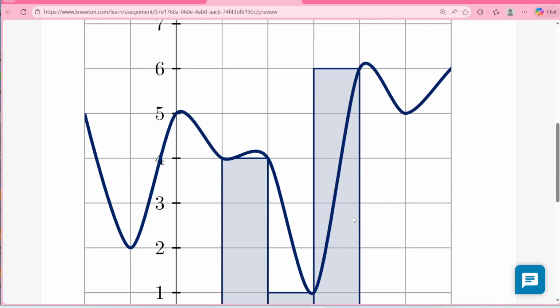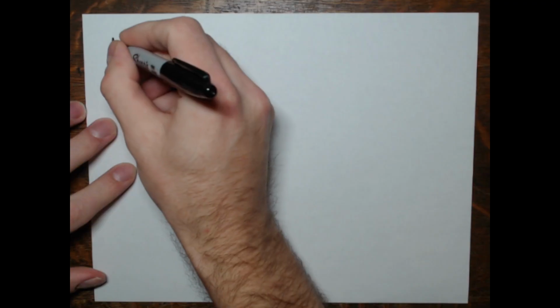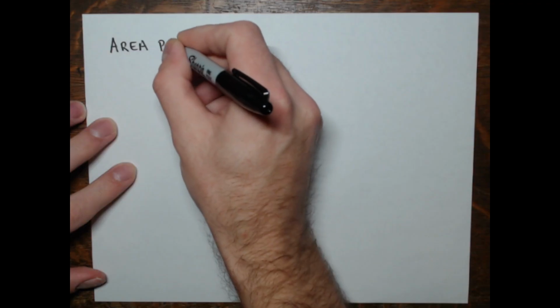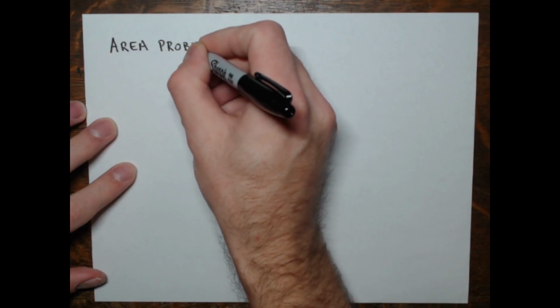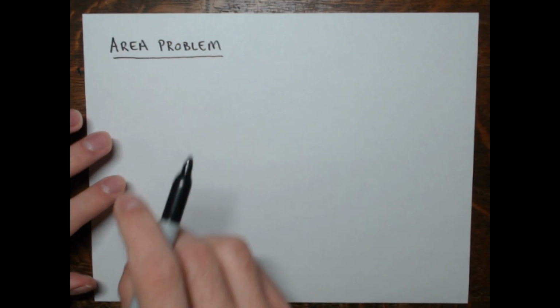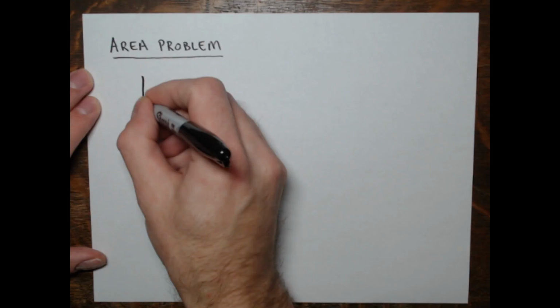All right, so let's get into it. So this first objective that I'm getting a question on is about the area problem. So let me explain that real briefly. So this is one of the big problems that we'll be tackling in a Calculus 1 course. So the area problem,